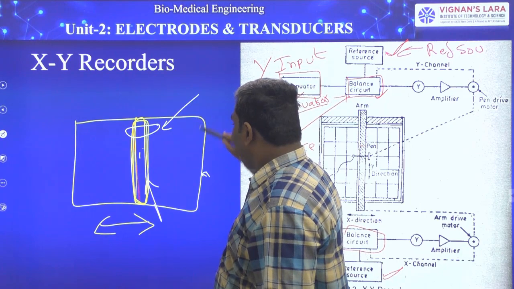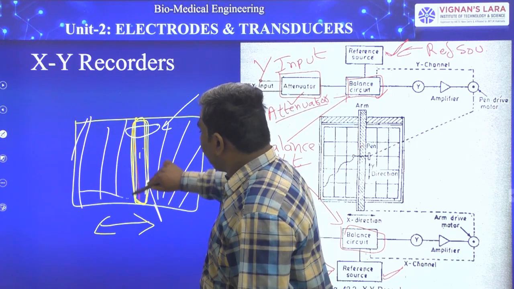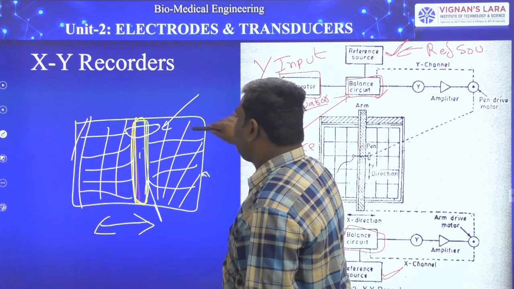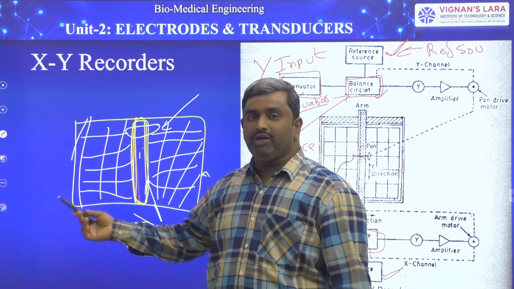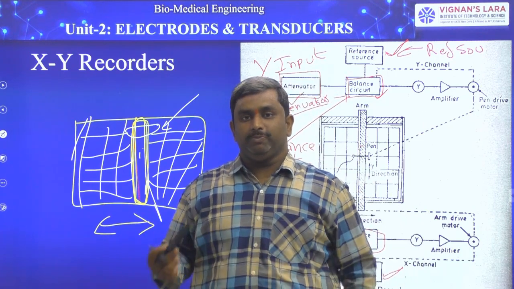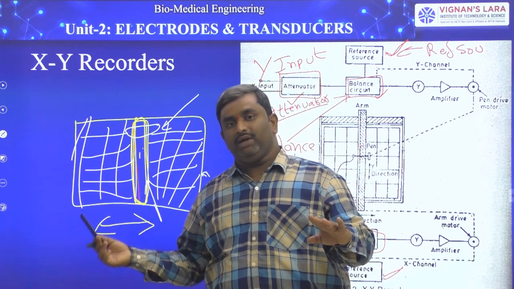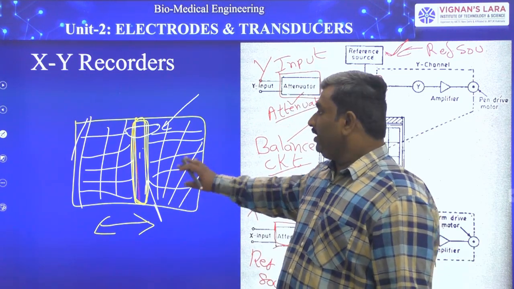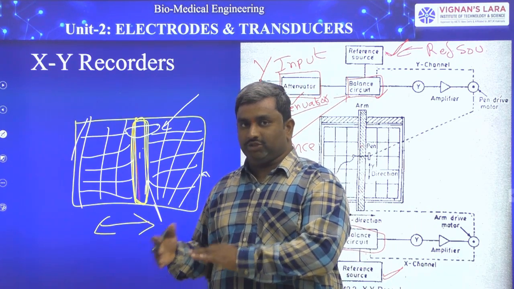The paper I am filling in this yellow color box, right? So this patterned diagram consists completely of a graphical chart. In this concept, the graph paper is not moving. In the x direction and y direction, we have some moving arrangements. In the previous concept, the graphical recorder, that is the strip chart recorder, the paper is moving and the pen is moving. But the pen is moving in the vertical direction and the paper is moving in the horizontal direction. Now coming to here, the paper is not moving. But how to go in the x-axis direction and how to go in the y-axis direction, that is what we require.